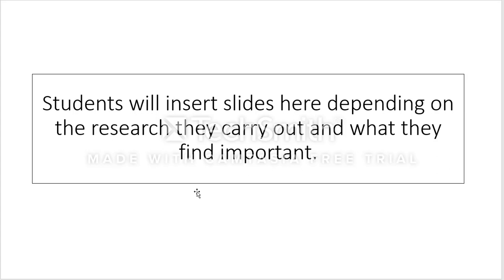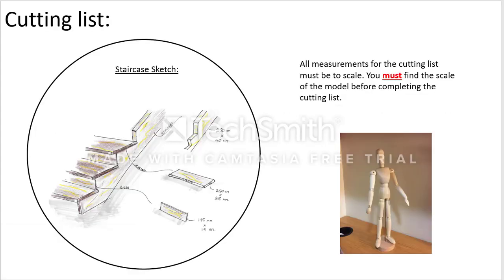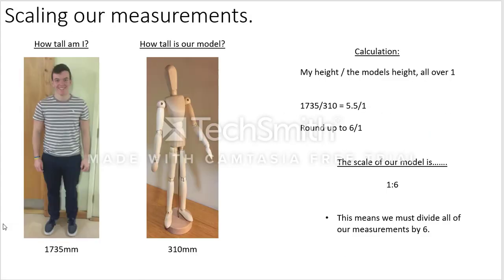So like we were talking about before, where we'll be able to discuss with the class and try and dig up what they feel should be done, and how they're going to need to find different things, like your average height, or get an average height of a student in their class, and get that height divided by the height of our model. And then bring it to the closest decimal, and that'll give us our ratio for our staircase. So in this case it was a ratio 1:6, and we can see that through the calculations on the completed student portfolio, which we can see here.